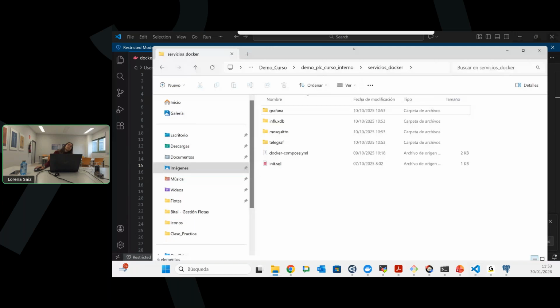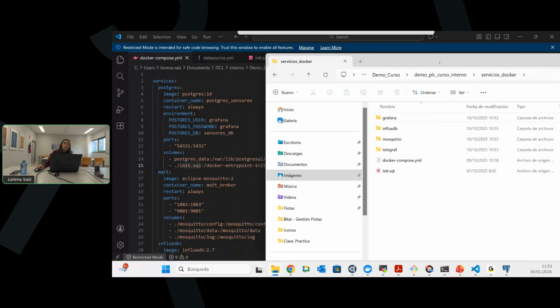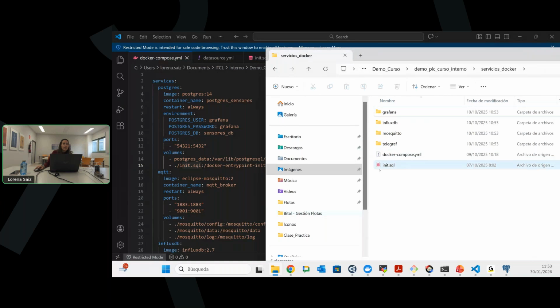Here is my root directory from this Docker stack. As you can see, I have the Docker Compose YAML that I'm showing you in the root. Here is where I have this init SQL command. That's the one that I'm telling the system needs to be executed the first time I deploy